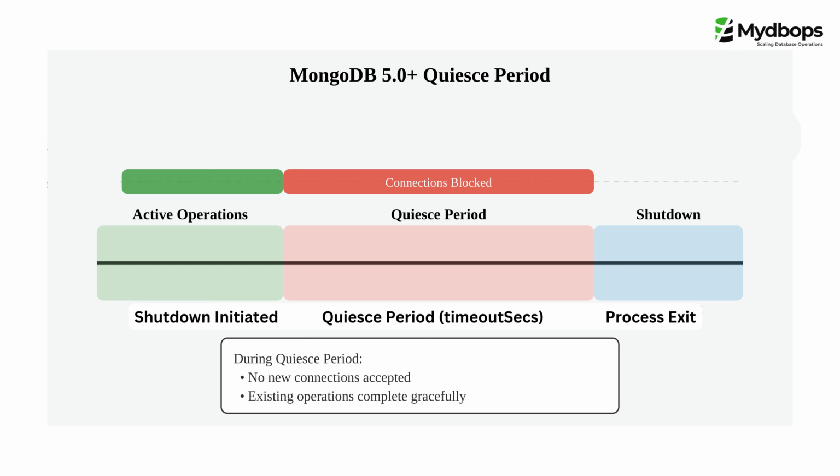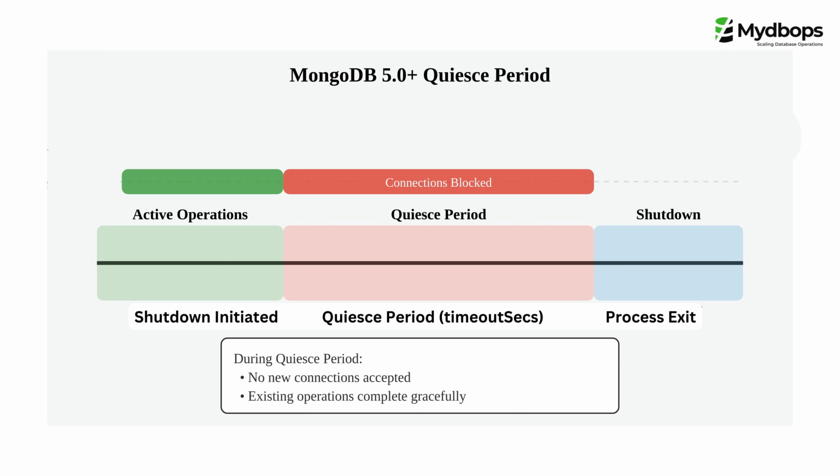And during our research, we noticed that MongoDB 5.0 actually made some changes to this whole process. What's the deal with that? Yes. This is where things get even more interesting. MongoDB 5.0 introduced something called durable quiesce. Now, the regular quiesce period was already pretty good, gave the database time to wrap things up. But the problem was, if the primary node crashed during that quiesce period, well, there was still a chance for